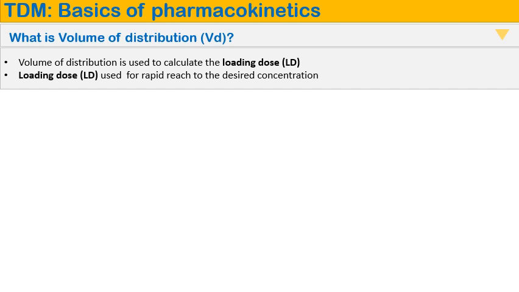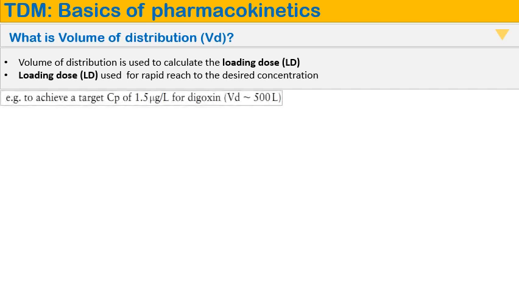Clearance is used for the determination of maintenance dose, while the volume of distribution is used for determination of loading dose. Loading dose is used to rapidly reach the desired concentration or steady state. For example, to achieve a concentration of 1.5 of digoxin, the volume of distribution equals 500 liters. To find the loading dose, we just multiply the volume of distribution by the desired concentration. It will give a loading dose equal to